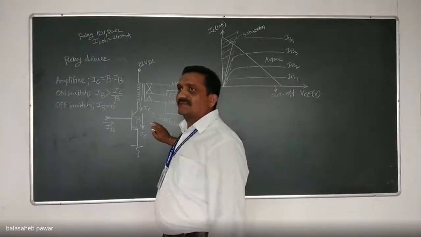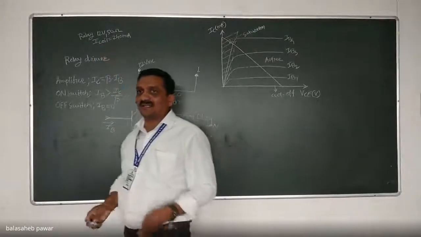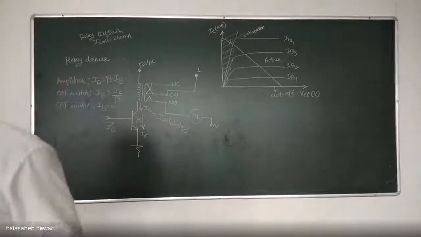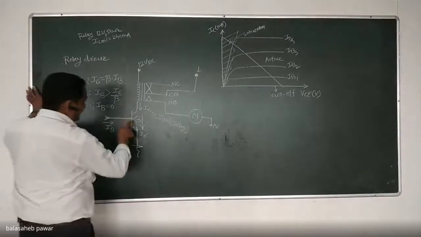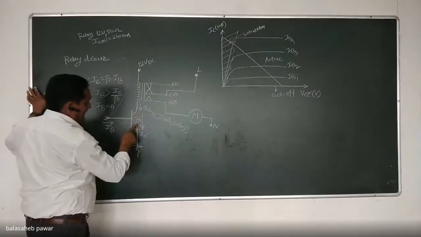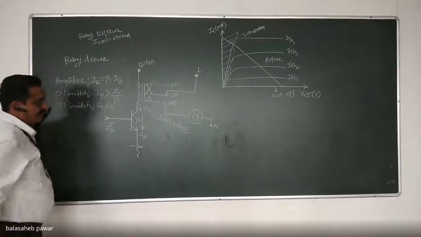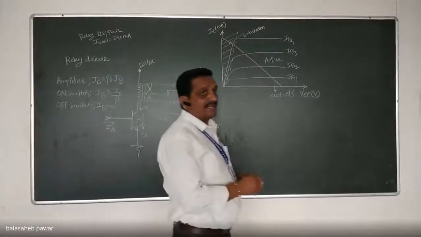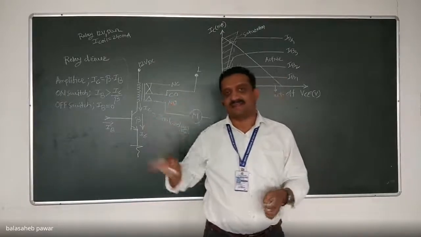Or still confused? See, sir, that relay is of 12 volt. We consider that coil resistance, if it is given as 50 ohms, that means whenever we will go on to power that relay by 12 volt, the relay current will be of 240 milliamperes. Now, as that coil is connected in series with the transistor, that means the I coil is equals to IC of that transistor. So, while selecting this transistor from its data sheet, you have to note down how much is the maximum collector current handling capacity of that selected transistor, BJT.